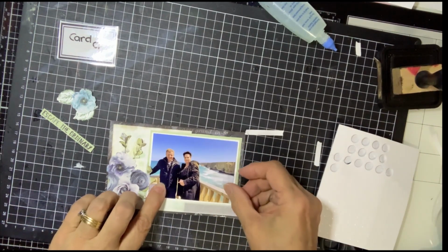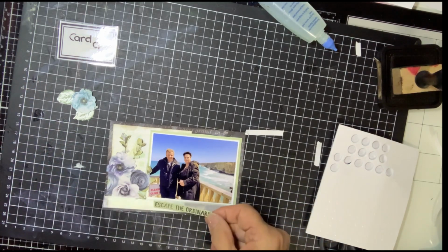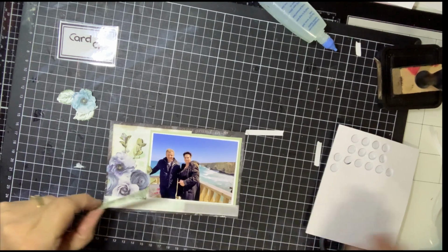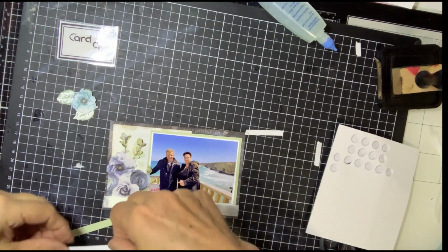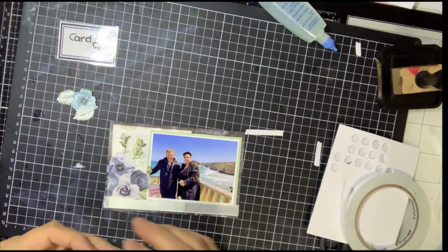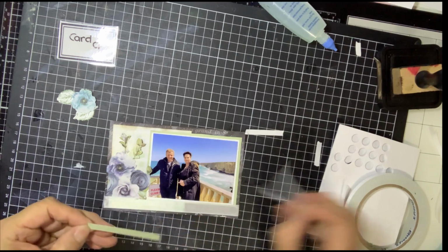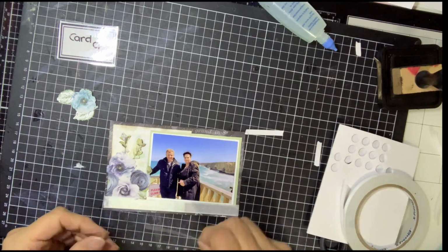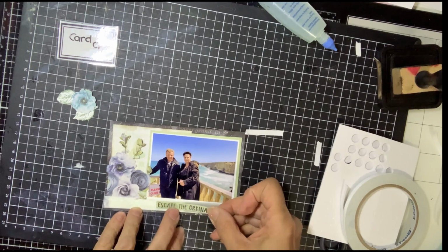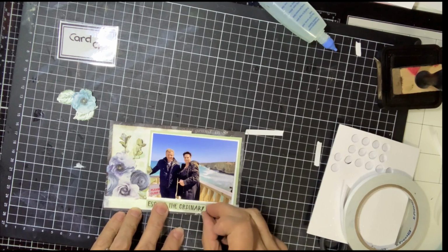So I've got my photograph that I've got for there. I have got Escape the Ordinary piece. So I'm just going to pop that in. Pop that in the middle